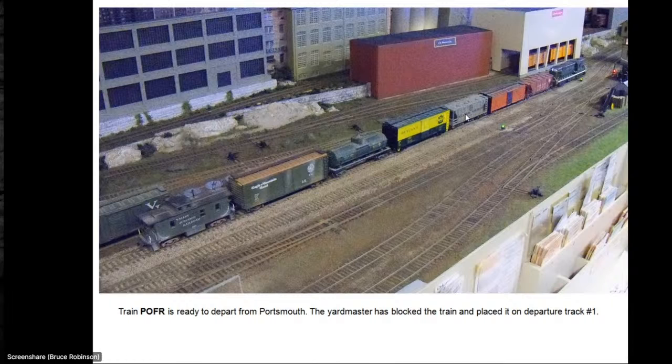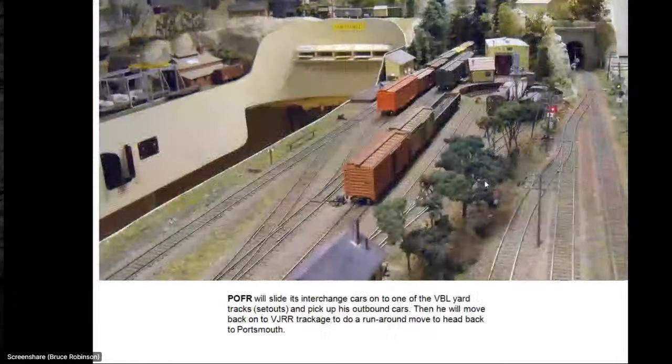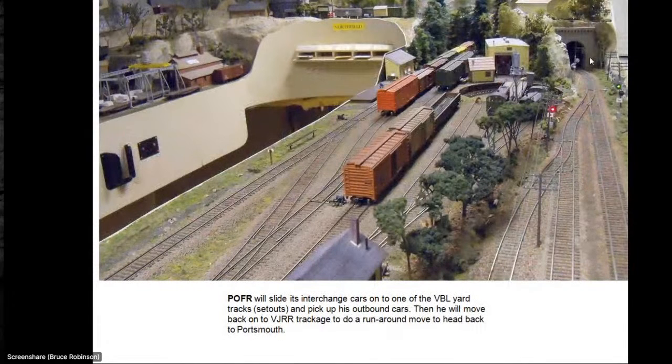So the first 3 are going to be handled at Tiverton. That's the first place we come to. And the second 3 will go to Valley Branch Lines for interchange purposes. All of this preparation work was done by the yardmaster before the train crew. Locals have handled this area. This is Valley Junction Railroad's main line, which is set up so that there's a